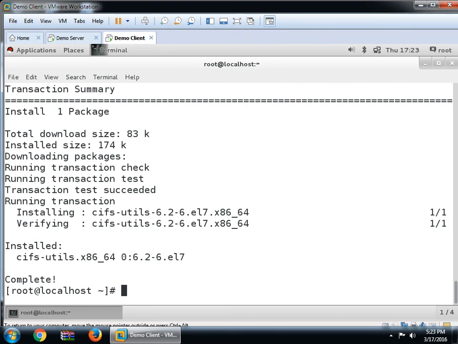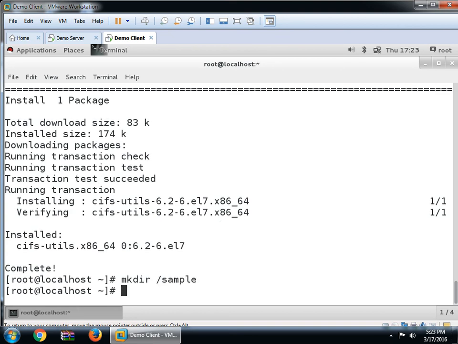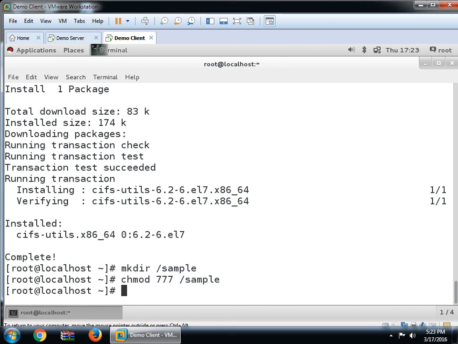Okay, create any folder and we have to mount it: mkdir, suppose the folder name is sample, and give chmod 777 full control permission, so that anybody can do anything. One more command we have to give, I will show you.